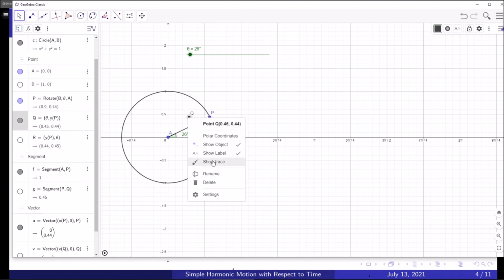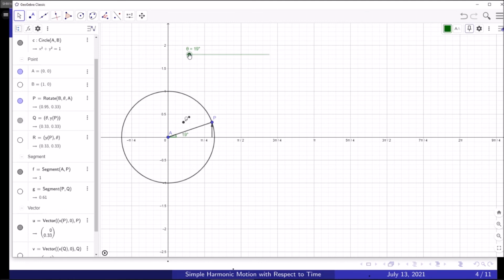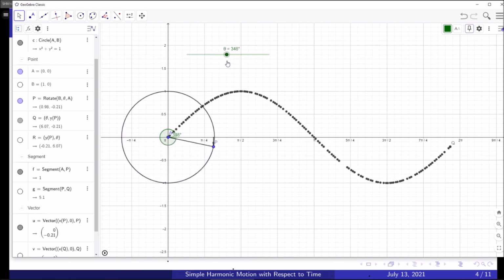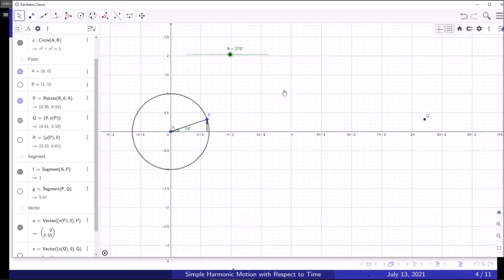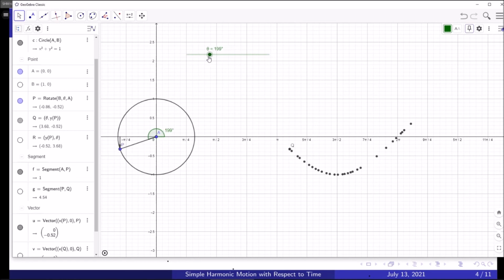and if we trace the trajectory of Q, as you can see, as P increases, remember the only thing Q depends on P for is its vertical position. So as you can see here, as we trace it through, as P rotates, Q plots out a sine curve. So if we stretch it further,